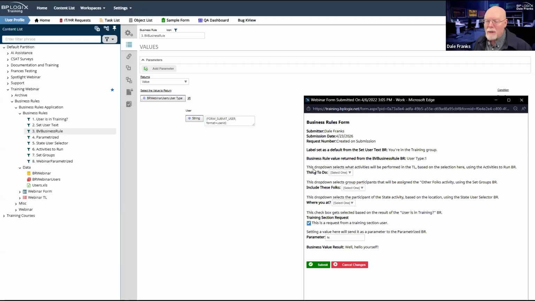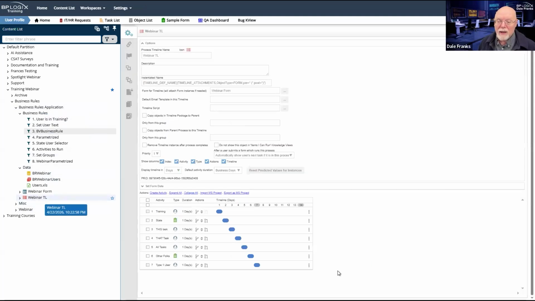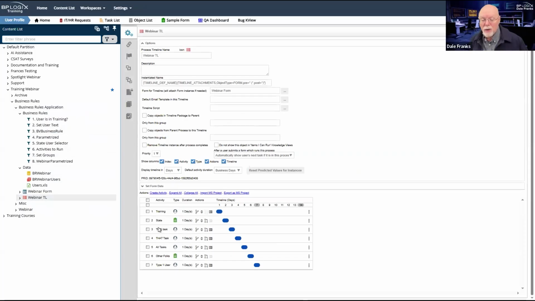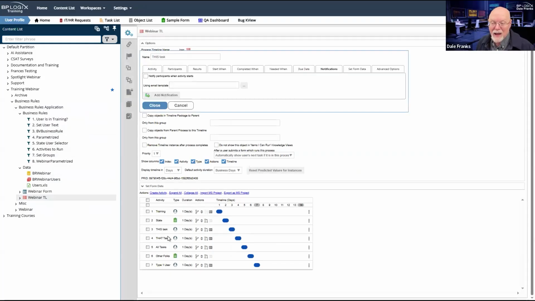Okay, so let's go back and move to our next business value on the form, and that is the thing to do. Now, I have three options: this, that, and all the things. So how does that work? Well, to understand, we have to go now to our webinar timeline. I have three tasks: this task, that task, and the other task.